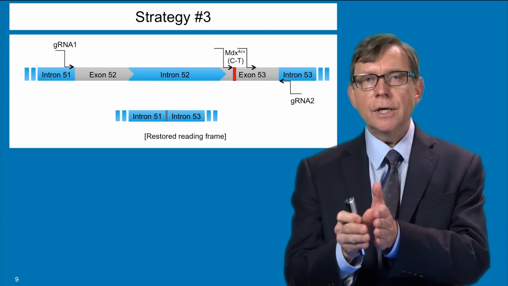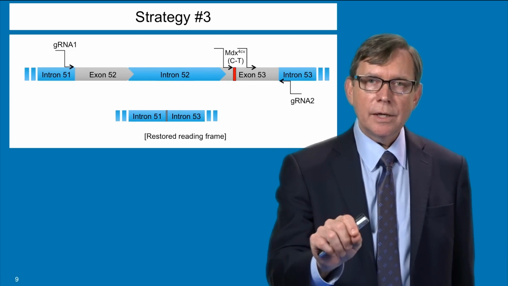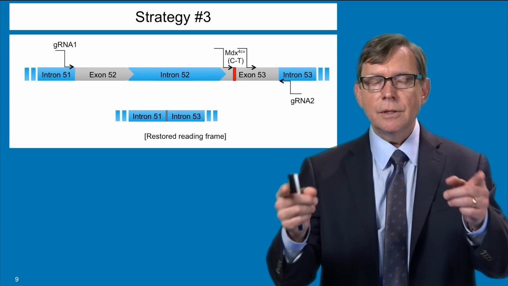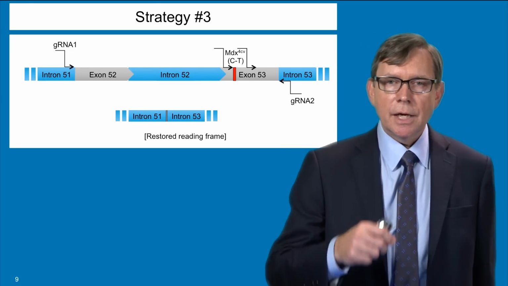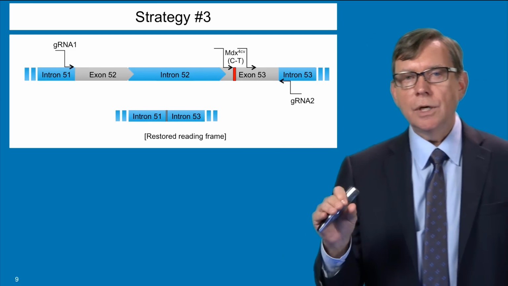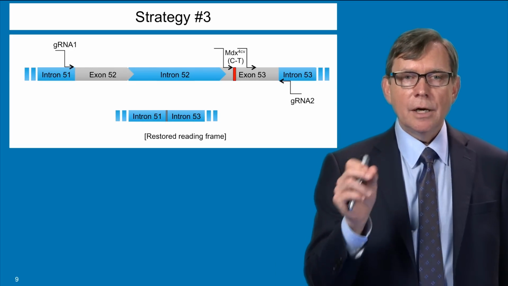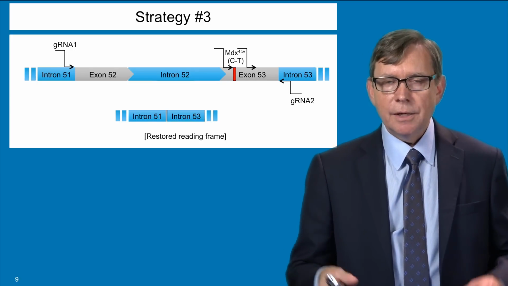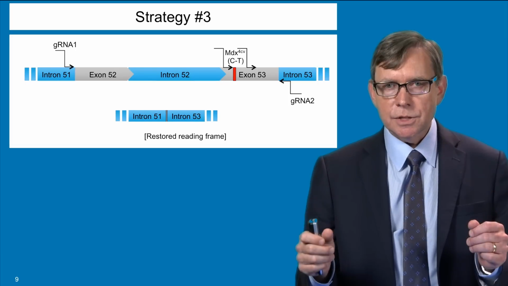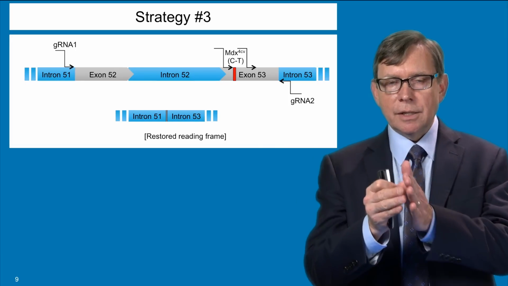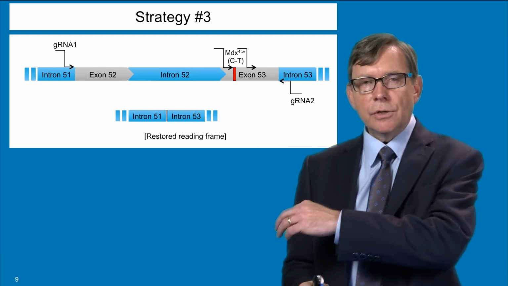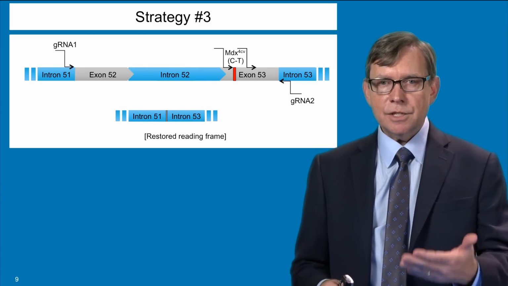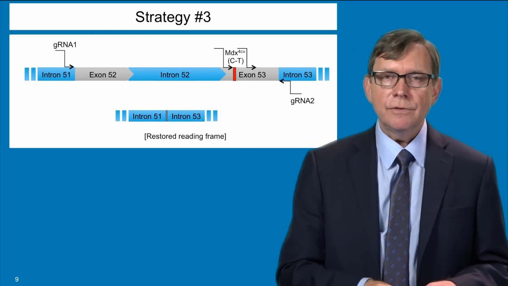Rather than trying to direct the Cas9 nuclease to clip right at where the mutation is, we've looked at the ability to simply clip out a larger part of the gene. So in this case, as shown here, we've designed 2 guide RNAs that will bind upstream of exon 52 or downstream of exon 53. And by clipping the gene in 2 different places, the gene should come back together, and the cellular machinery will produce a messenger RNA from this gene that simply lacks both exon 52 and exon 53.